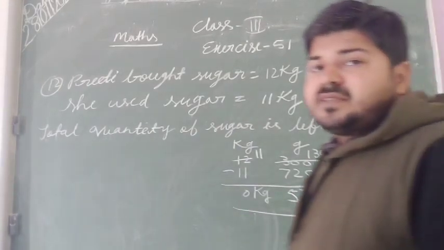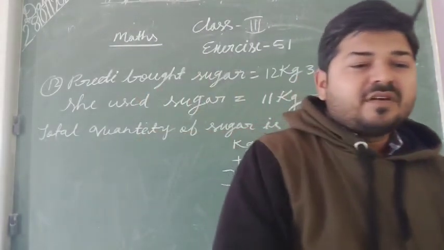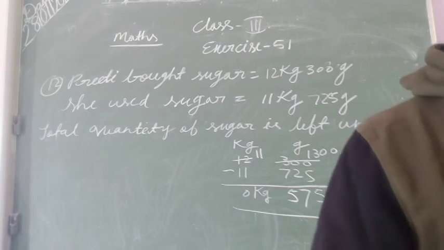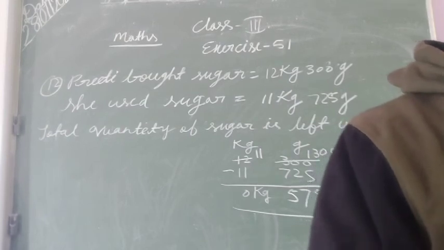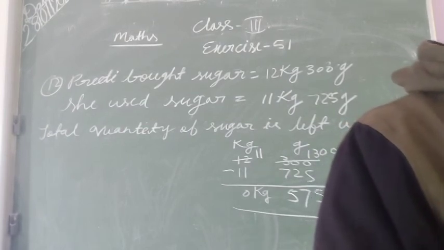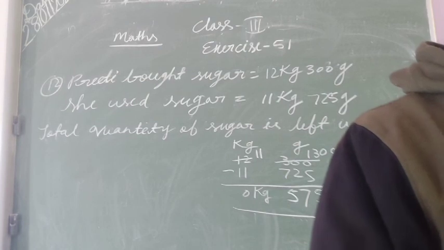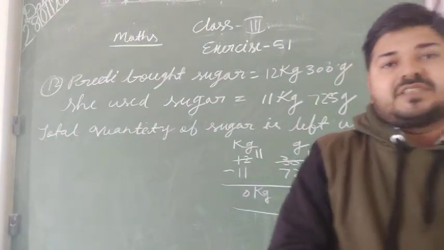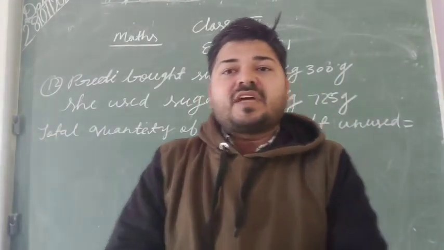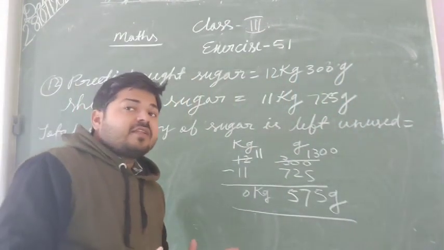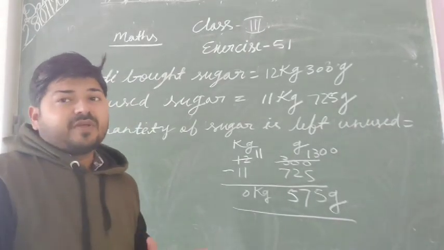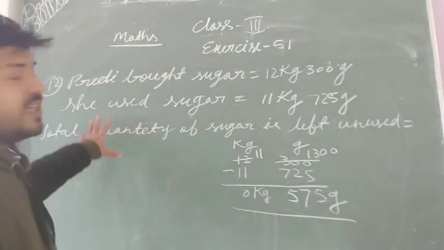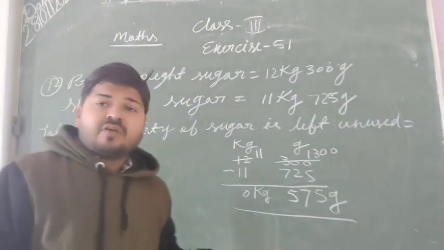So like this you have to solve this whole exercise. Okay. And assignment 10 you have to fill in the book only. In the next term I will start the next chapter, measurement of capacity. Okay students, I hope you understand well how you have to solve in your fair copy. There is no need to write the questions, only you have to write the statement like this, then you have to solve the questions.